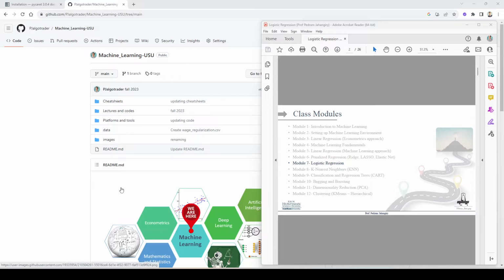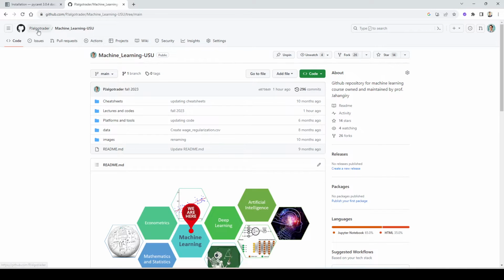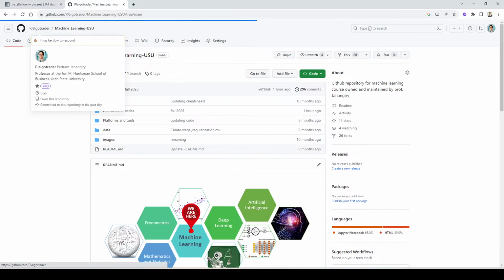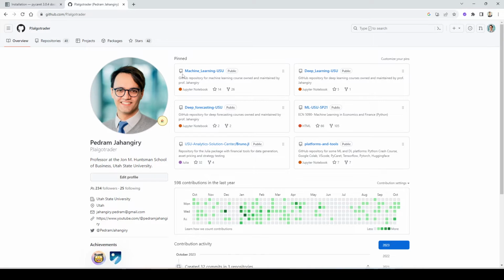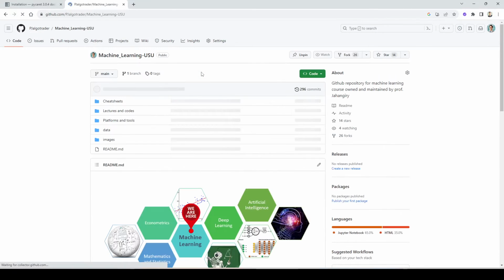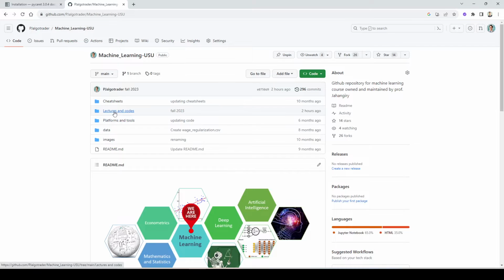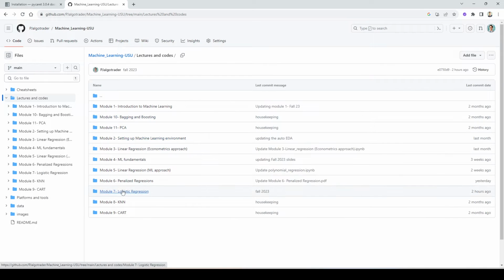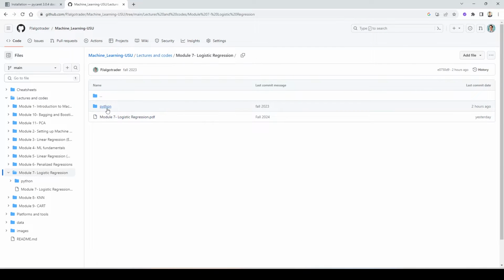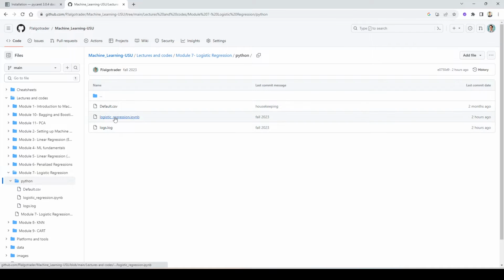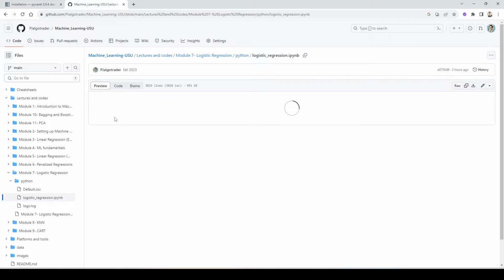This is module number 7, Logistic Regression, and we're doing the Python part. So let's go to the GitHub folder. Then machine learning USU. Well, actually, this is the account, right? And then you go to the machine learning USU GitHub folder, and then go to lectures and codes, module 7, logistic regression, Python. All right, so we can go ahead and either run it in Google Colab or on a local